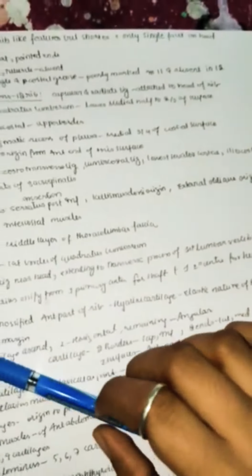Next let us see the attachments and relations with especially the 12th rib. So now we will start with the 12th rib. You can see this is the inner surface of 12th rib and this is the outer surface of 12th rib. So let us understand somewhat about 12th rib. Its capsular and radiate ligament are attached to the head of the rib. So you can see this is the head of the rib where the capsular and also the articular ligament are attached, and also radiate ligament is attached.